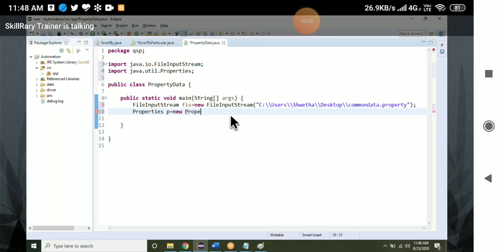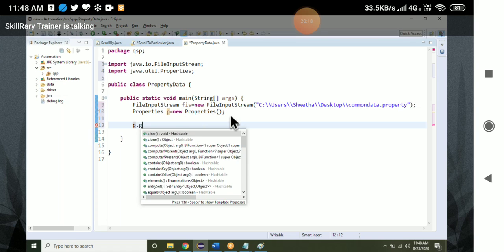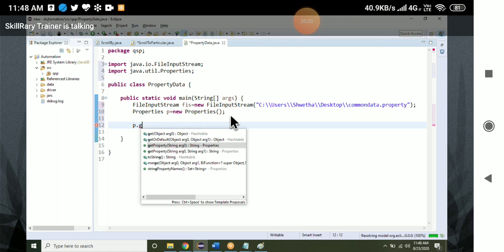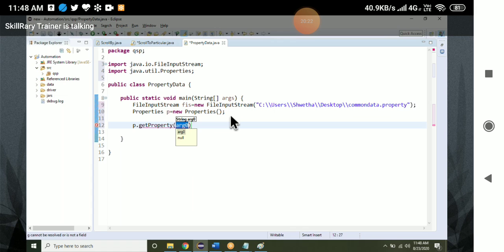Call p.getProperty. Now we can call this method.